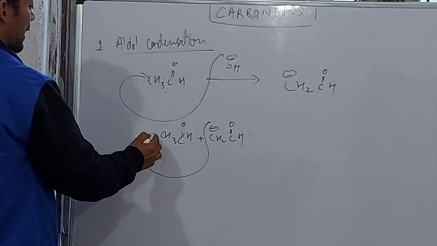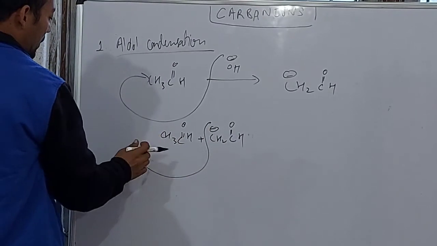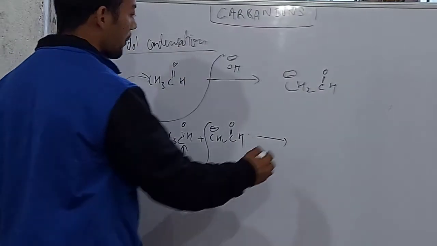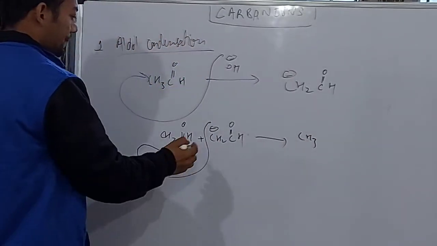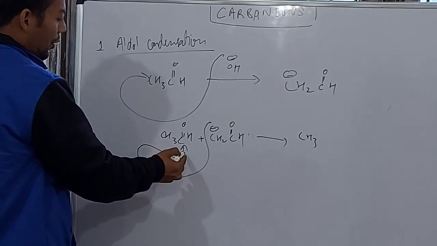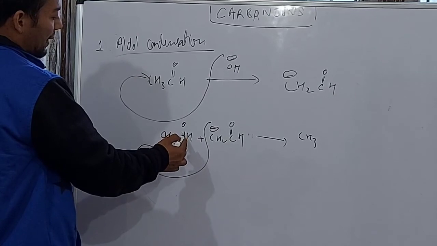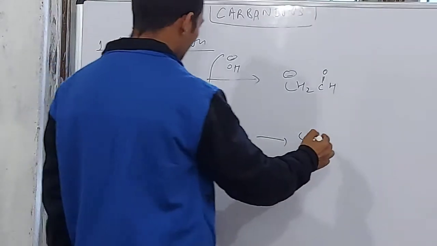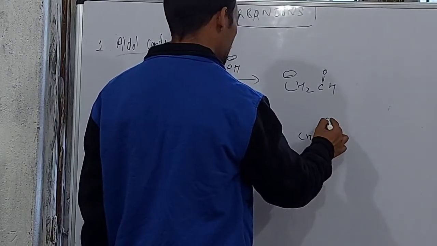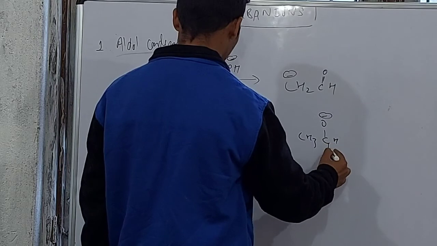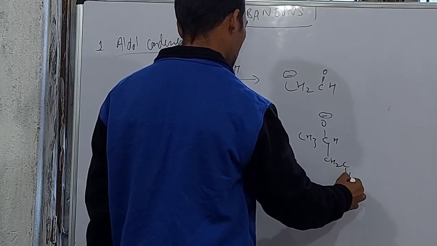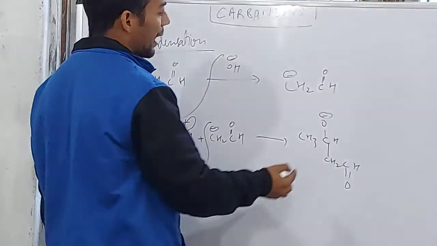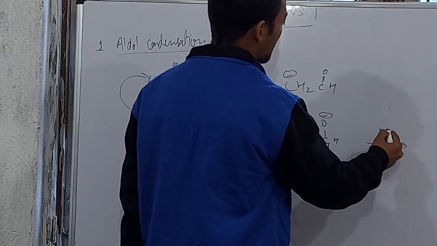So there will be a nucleophile attack, but not here. This time it will be at this position. So in the product we will get, first see, when there is a nucleophile attack on this carbon atom, these electrons go on to oxygen, and we are left with this structure. So now what will happen is that in the presence of H2O,